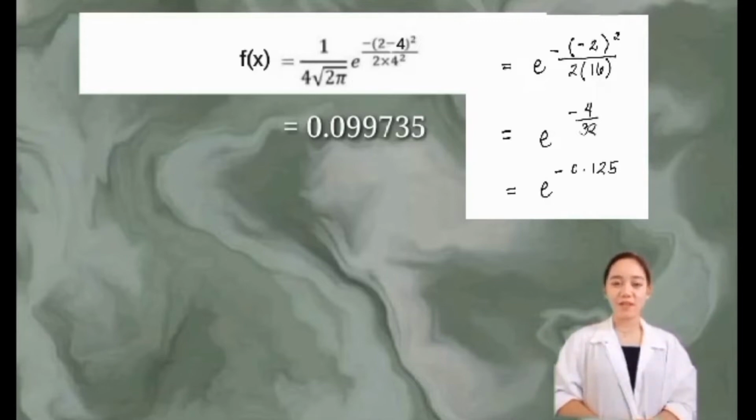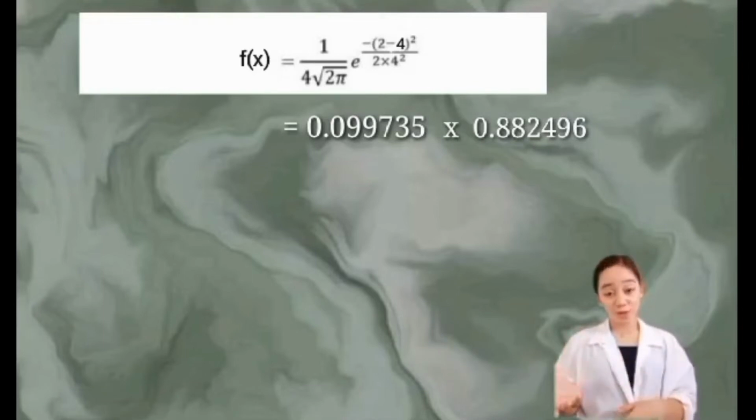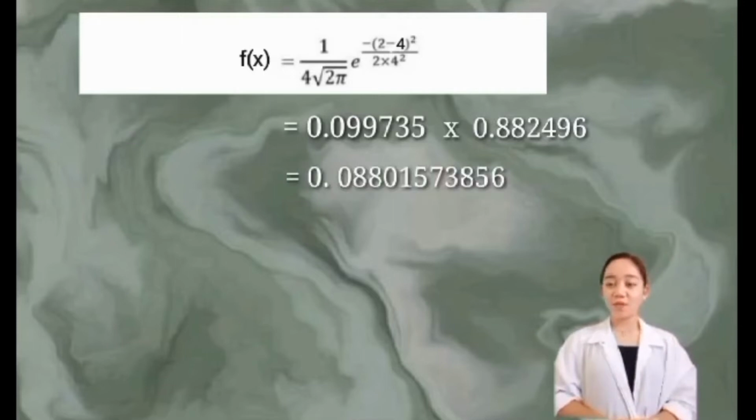So it's the same value as in example number 1. And that is equal to 0.882496. And then we will multiply it by 0.099735, which is the outcome of 1 over 4 times the square root of 2 times pi. So with that being said, the product of those two values is equal to 0.08801573856,